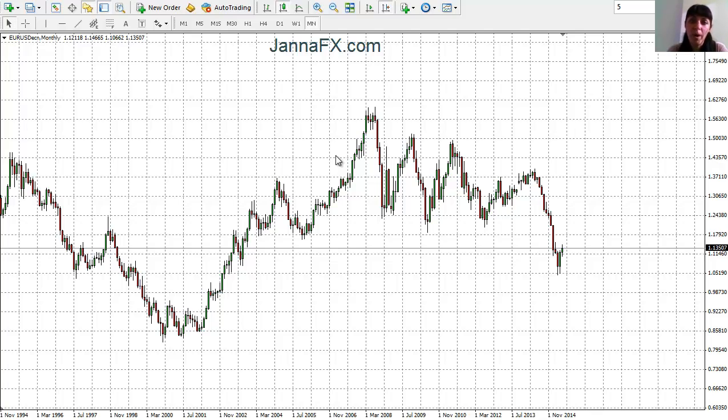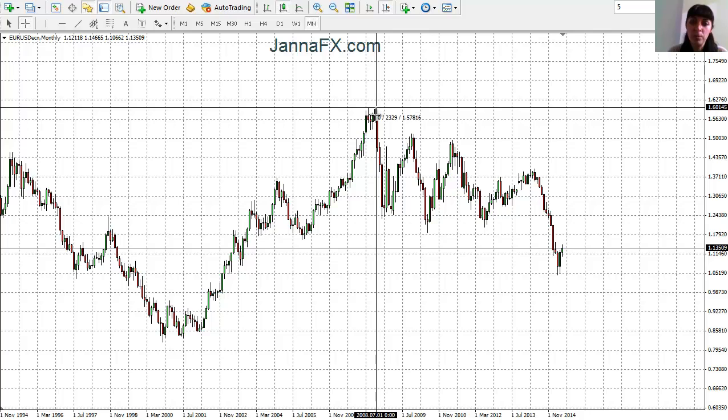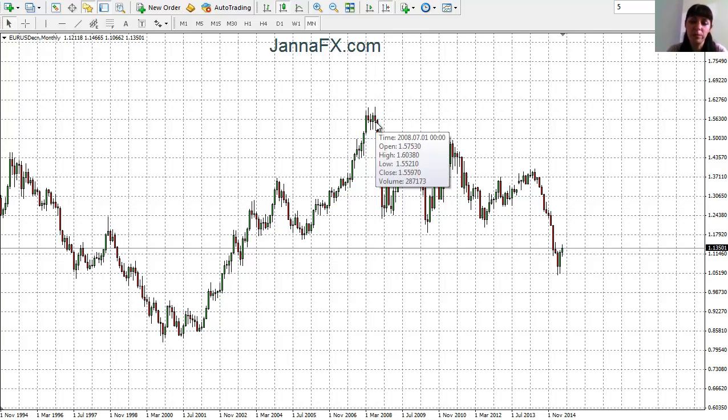So I don't trade daily or monthly charts or the 4-hour chart, because you know that the movements around there are quite big. Even a small candle could be a few hundred pips. For example, look at this one, it looks quite small, but it's like 4,659 points, and if you take away the last number, it's 465 pips. So you need to have quite a big account to be able to trade big time frames. I usually just go for 10 pips, maybe 20, 30, 40 pips, but not for big ones,